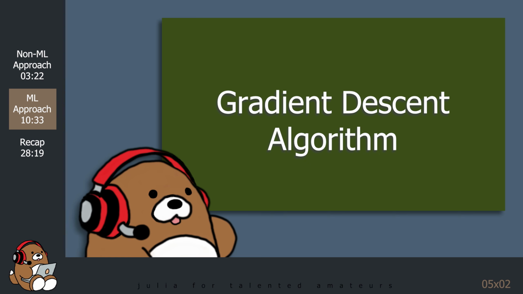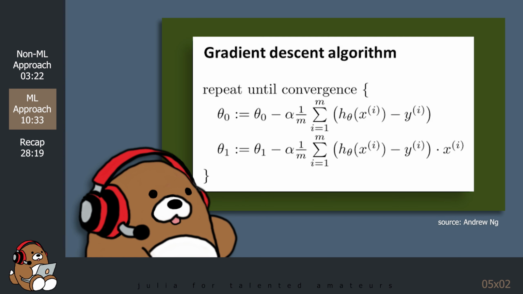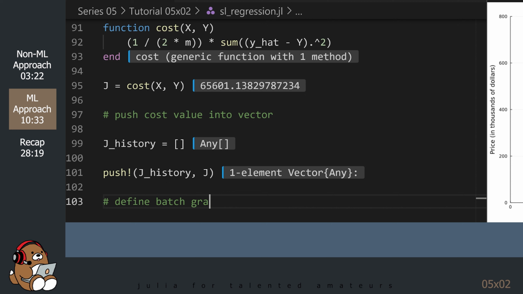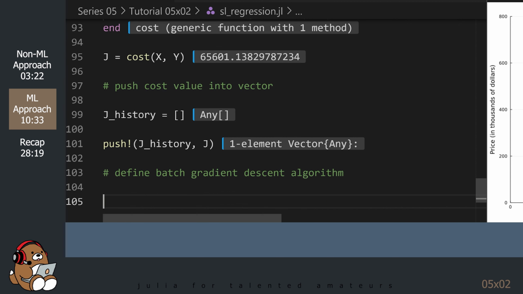We'll be using a version called the batch gradient descent algorithm. The math involved in deriving the gradient descent formulae is a bit complicated, so I'm going to skip over it and simply present the formulae to use. These formulae are the result of taking partial derivatives of the cost function. You do not need to know what a partial derivative is in order to use these formulae.